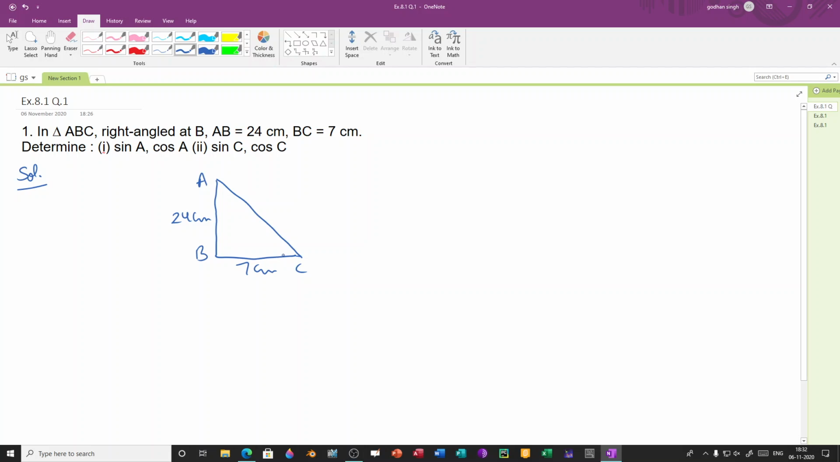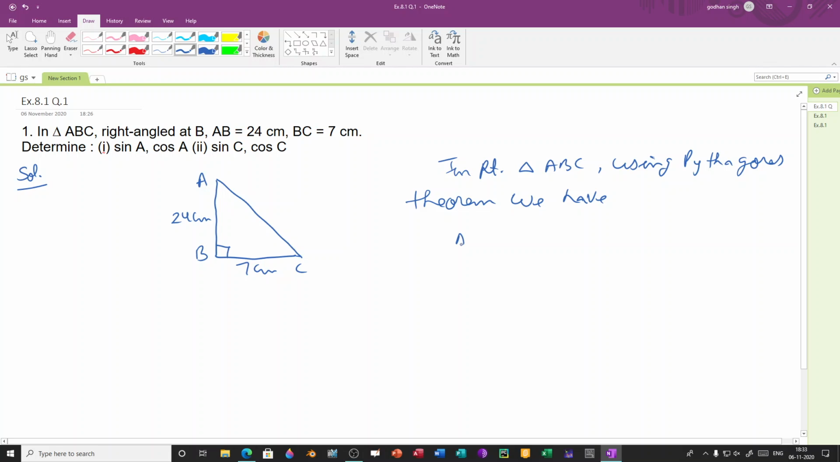That means all the three sides are not given. But the third side we can easily find with the help of Pythagoras theorem, because angle B is 90 degrees. So first of all we'll do that one. In right triangle ABC, using Pythagoras theorem we have,